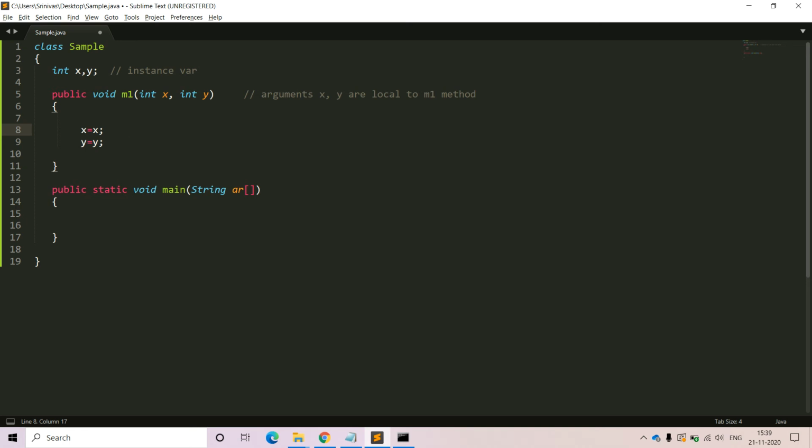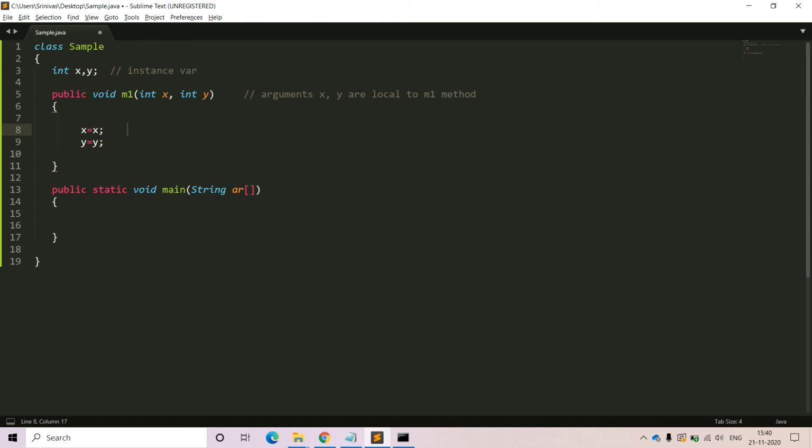Does it mean we are assigning the local variable x into the instance variable x, or simply overriding the content of the local variable itself? That means within the local variable x, again we store the local variable value x. What is the answer from your side? Here, we are overriding the content. Within the local variable x, again we store the same local variable value, and the scope of this x and y will be available within this method only. We are unable to access them outside of the method.